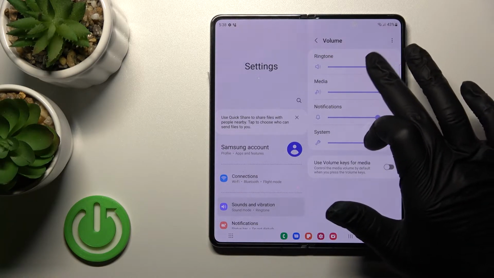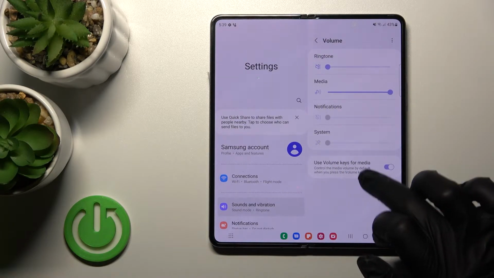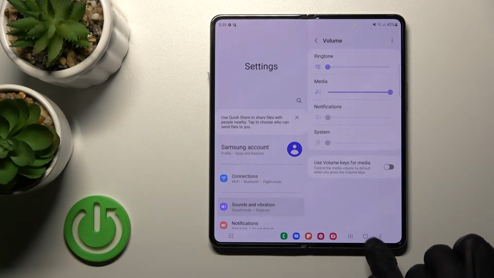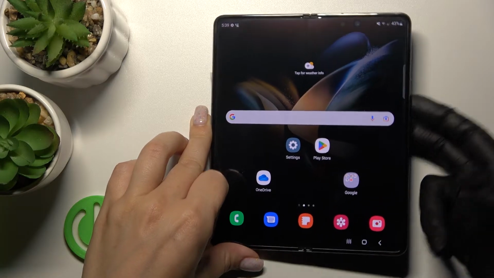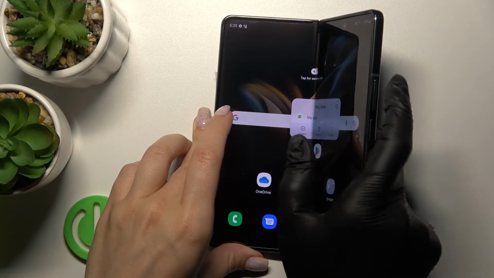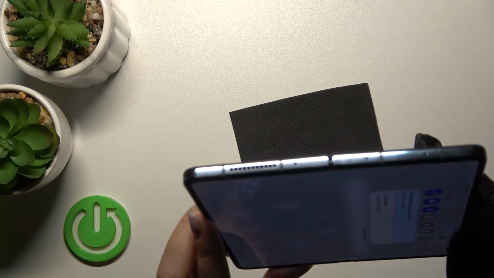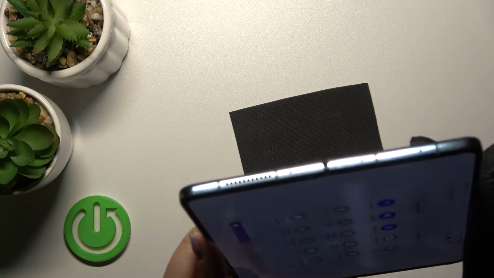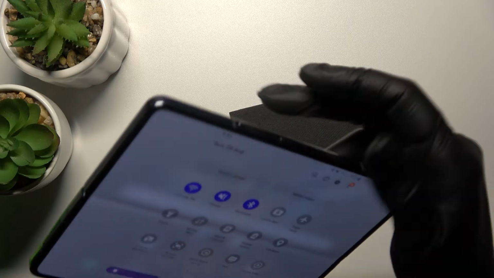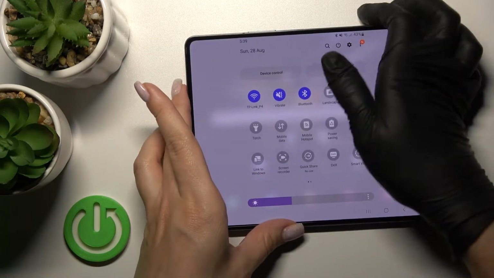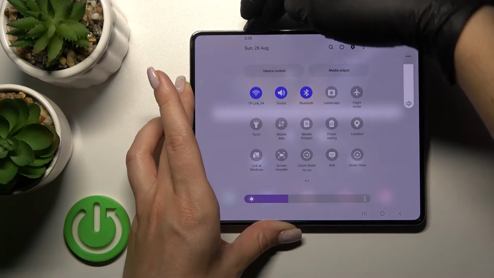Also we can do it the second way. First we'll make sure that Use Volume keys for media is turned off, and now just press the volume up button on the right side of your device. Where is it? Okay, so let's use it this way. So now just let's press the volume up button,